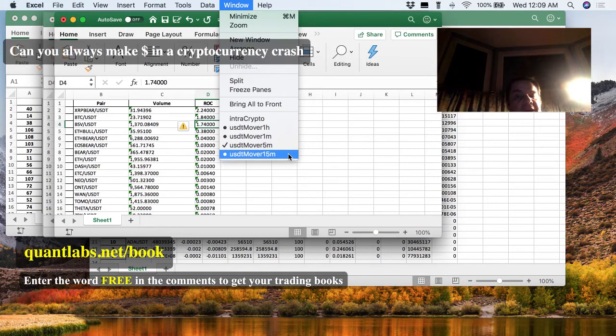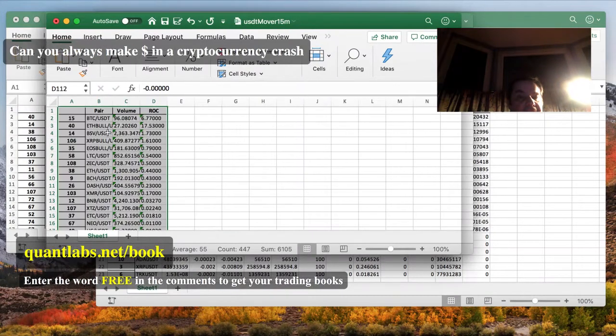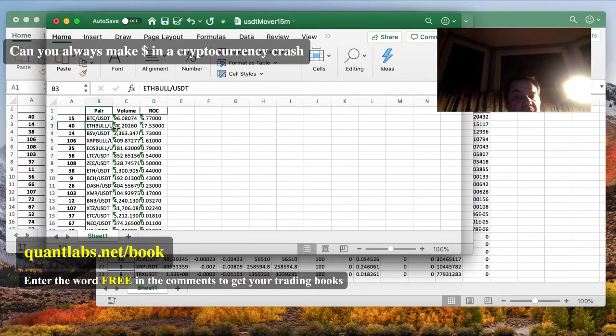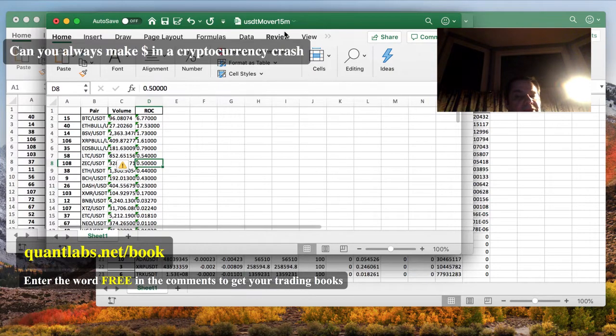So that was 5 minute. Let me show you a 15 minute. This is from earlier today. You can see here the rate of change on this one, Ethereum Bull, was up at 17.5%, and that's in a very severe down market. BTC was up 6.77, 1.73 XRP Bull, but the BSV still stayed quite high, as well as the EOS Bull, Litecoin, and even Zcoin was a 0.5% move on the 15 minute. So there were pockets of